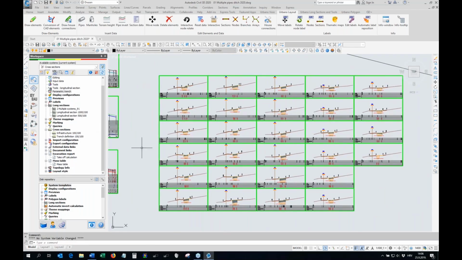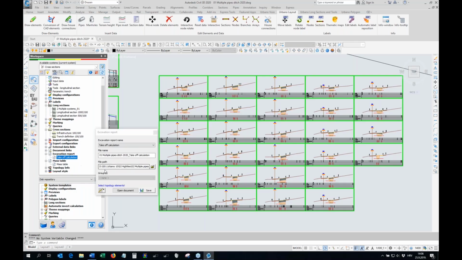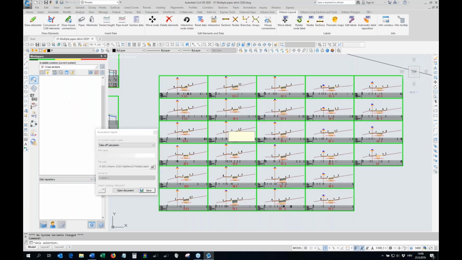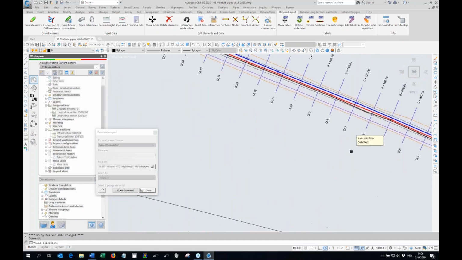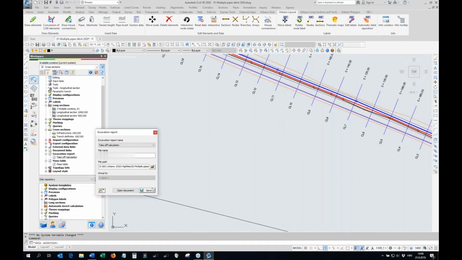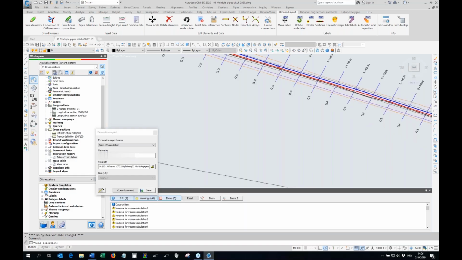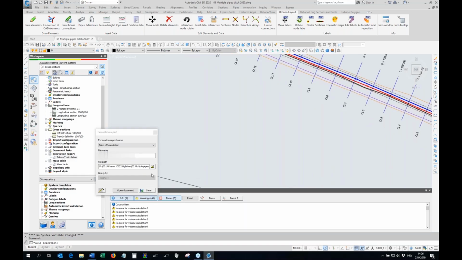And at the end, when we finish everything, we can go to takeoff calculation. It's again a configuration, double click, and I have to define, let's say, for the alignment, which one? This one, which I defined here, and you can set save, and in a few seconds we will calculate everything